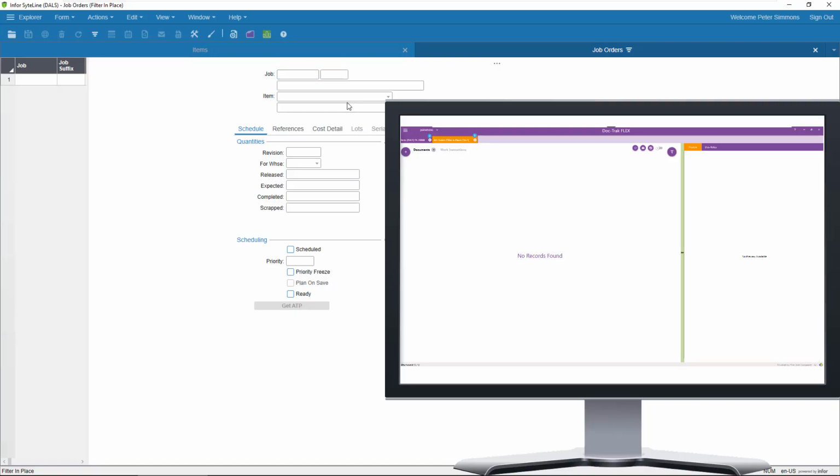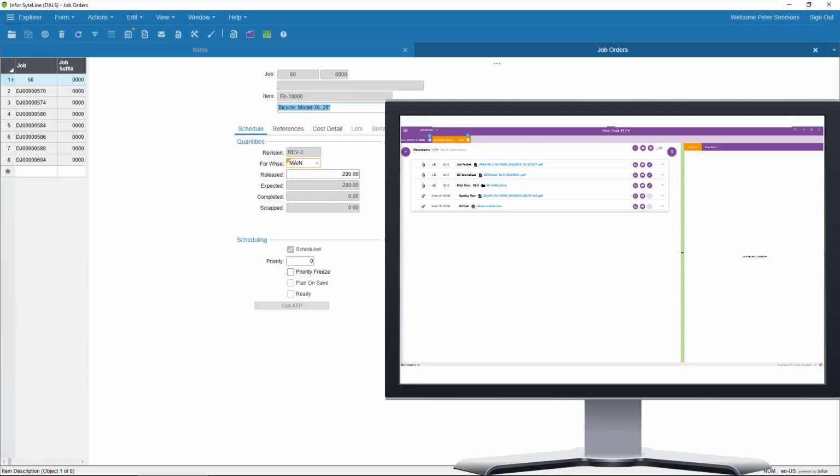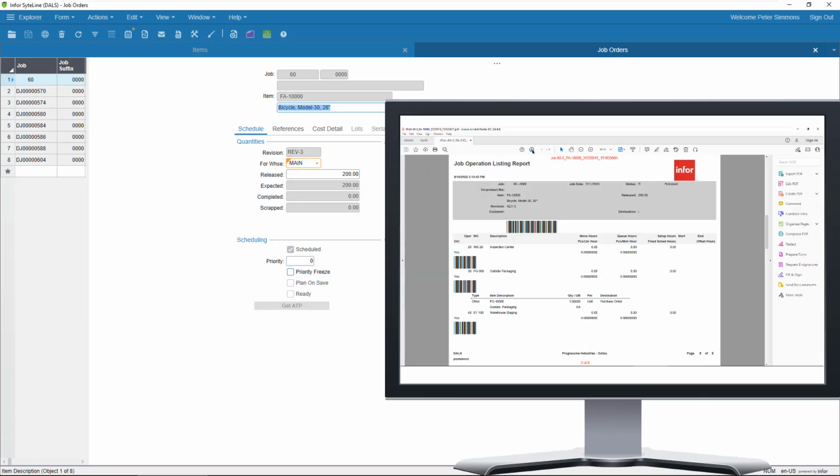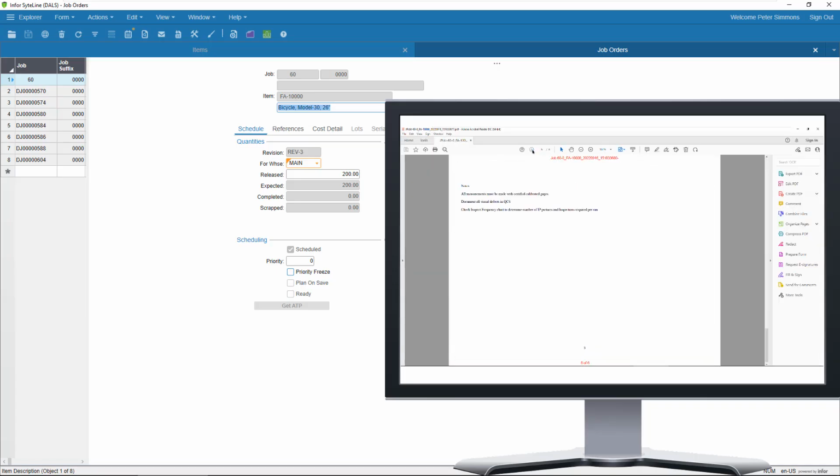Just a note here, to demonstrate DocTrack Flex as clearly as possible in our lessons, we will be showing it on the same screen as Sightline. But keep in mind that it's even better if you can display it on a second monitor. That way you can leave it maximized, and the attachments will always be at your fingertips.